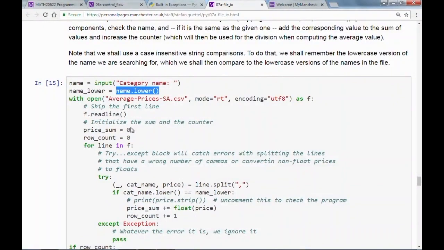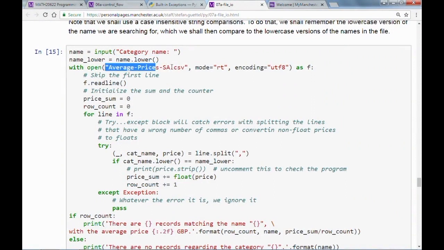And that's pretty much what this code here does. I'm going to open the file using read mode. The file object is called f. Now I will skip the first line because this first line does not contain any prices, just a description. So I have a single f.readline here. Now I need to compute the sum of all the prices, and I need to count how many prices I've encountered for computing an average. So let's initialize these two variables at 0. And then for each line in my file,